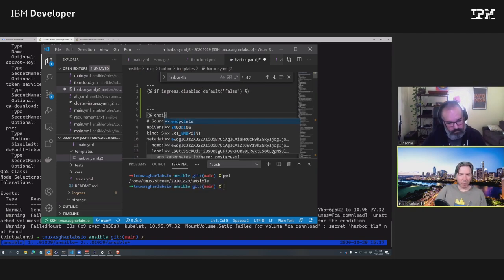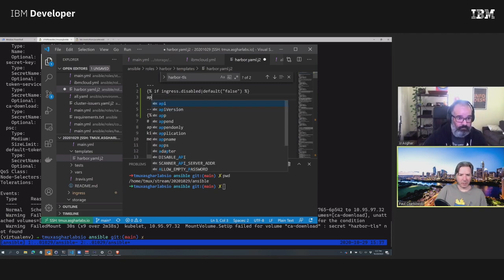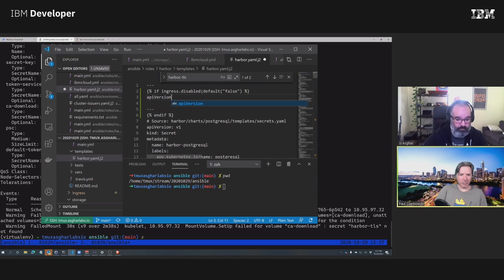And if, and then API version certificate.